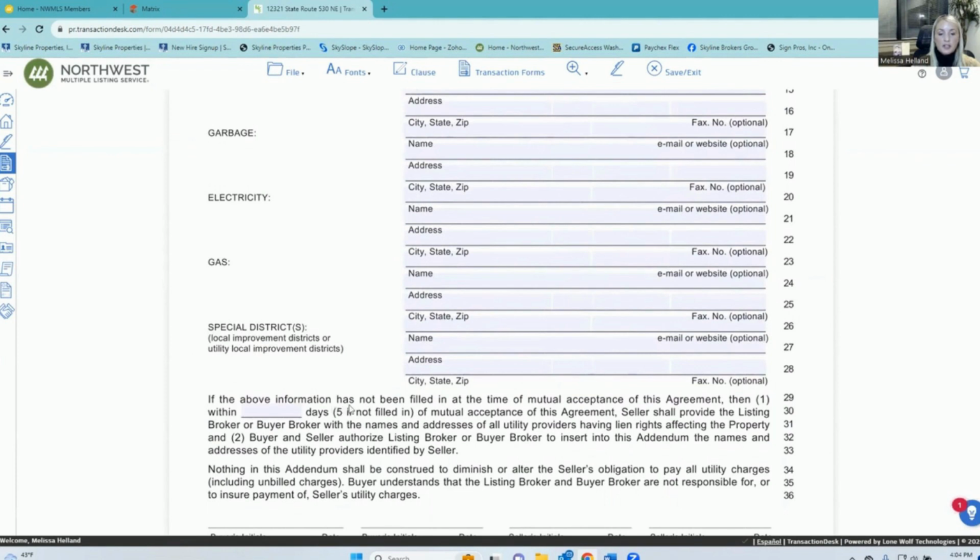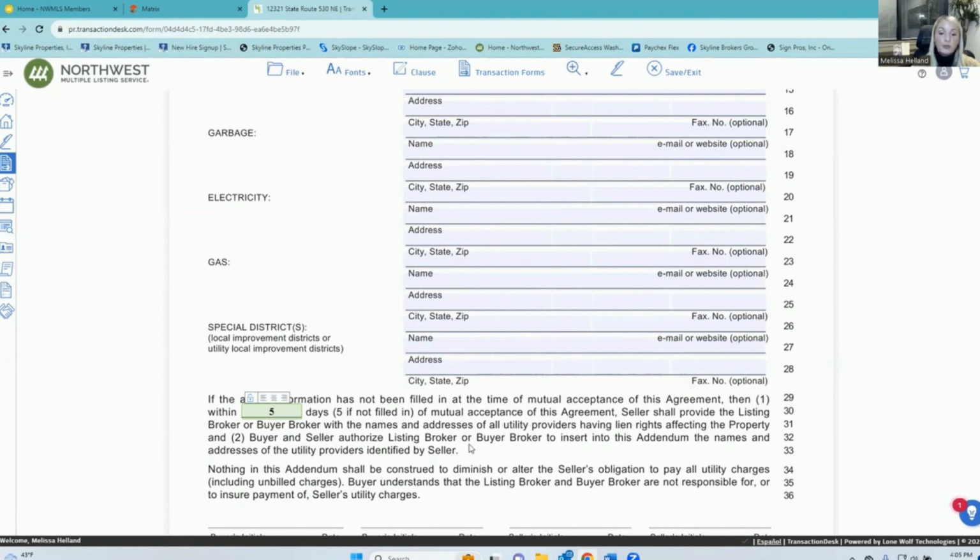If the above information has not been filled in at the time of mutual acceptance of this agreement, then within 5 days of mutual acceptance, seller shall provide the listing broker or buyer broker with the names and addresses of all the utility providers having lien rights affecting the property, and buyer and seller authorize listing broker or buyer broker to insert this